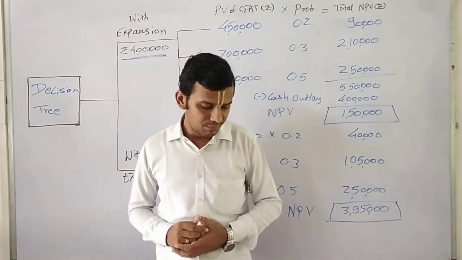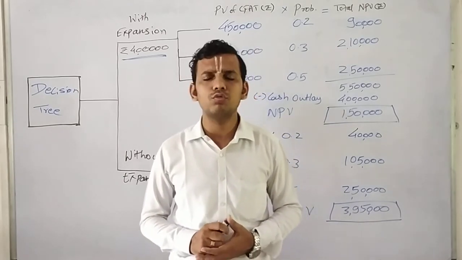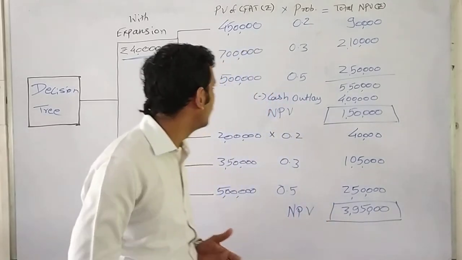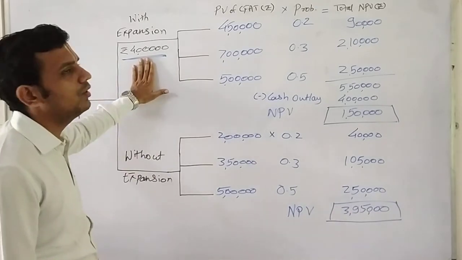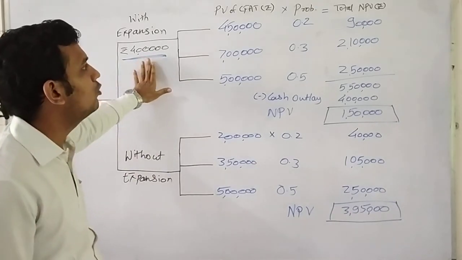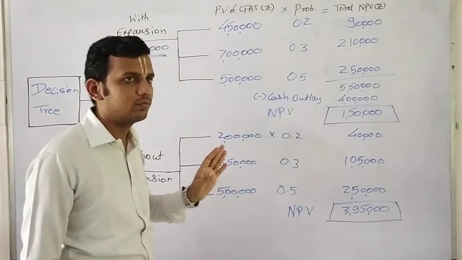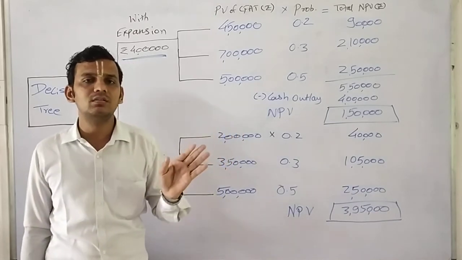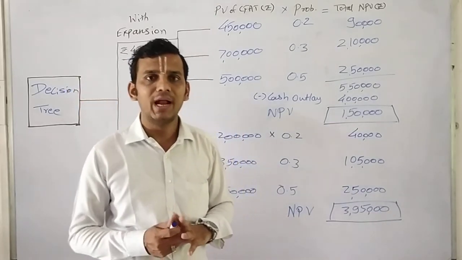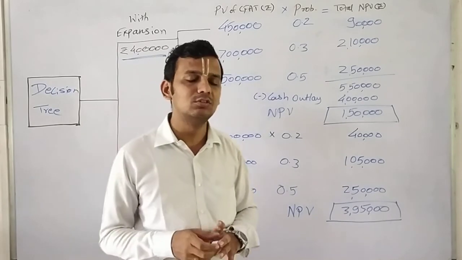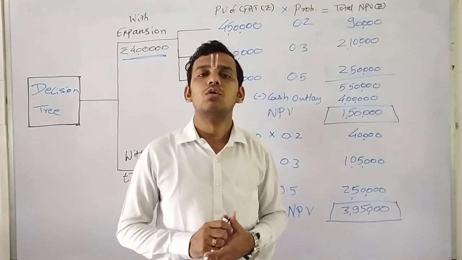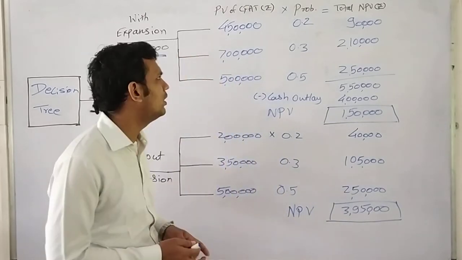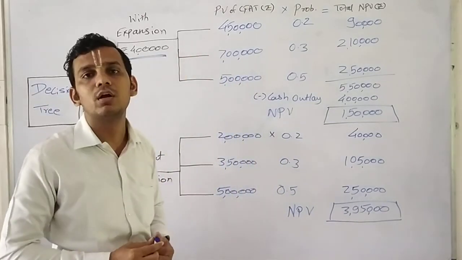Remember one thing, we have said in the earlier videos that capital budgeting decisions are always irreversible. For example, if we have decided that we would go for expansion and somewhere you do not go for the analysis by using any method, and suppose that the decision turns against you and expansion was not feasible, though you went for expansion, there were certain things which you have not looked at properly. It means that it would not be reversible. Whether this 4 lakh could be returned to you, definitely not.